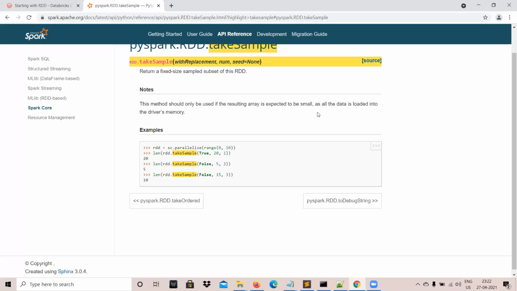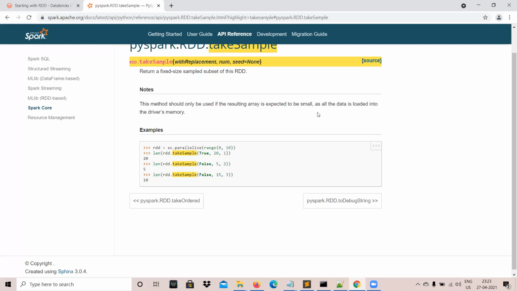Okay, so takeSample is a function. What it does is take a random sample of records. The take function just gives the initial few records. It can pick any random partition and it will select the first n records. Whereas the takeSample function will collect values from different partitions, because we have specified, say, takeSample of 100 records or 1000 records. So it will fetch data from all these machines, all these partitions, and give you a list of those values.